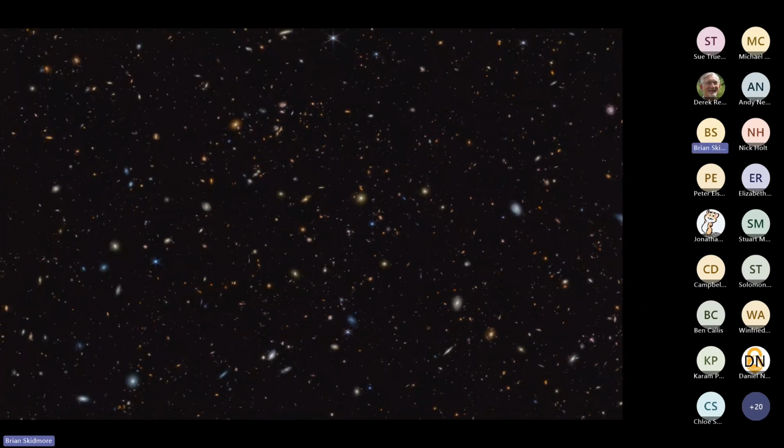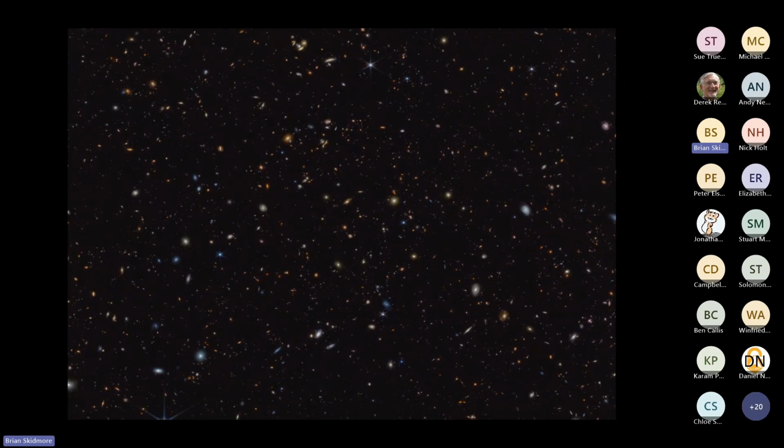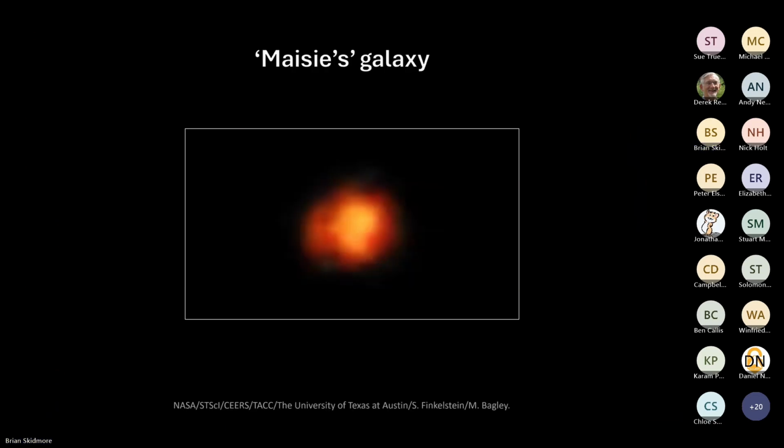It's just extremely beautiful. So this is Maisie's galaxy. It's called Maisie. This is one of the furthest galaxies ever discovered, and I wanted to illustrate it because it's developed sort of iconic status. It was called Maisie's galaxy because the last but one author here, Steve Finkelstein, was the leader of this study, and his daughter, when they discovered this galaxy, it was his daughter's birthday. I think she was 9 or 12 or something, and so they called it Maisie's galaxy in the group, and